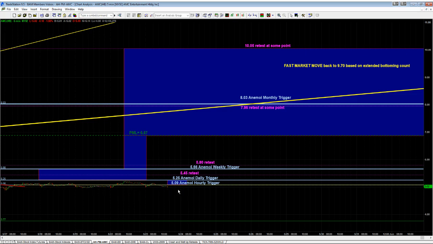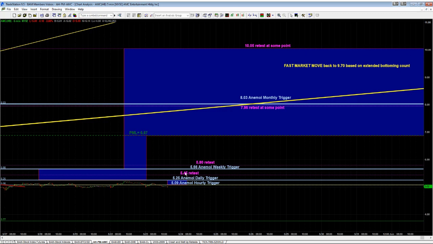So whereas they were trying to defend higher levels over the past several months, now there's something about this price level down here, very close to the $5 level, that can cause a lot of problems for them if price starts to run. So that's why they're defending it so hard. It's actually a good sign for us. So we've got this 509 Anemoi hourly trigger. If we can move through that and start to increase hourly velocity to the upside, we can attack this 525